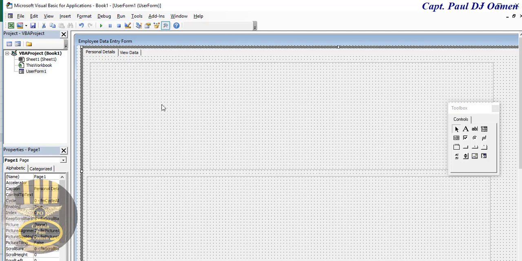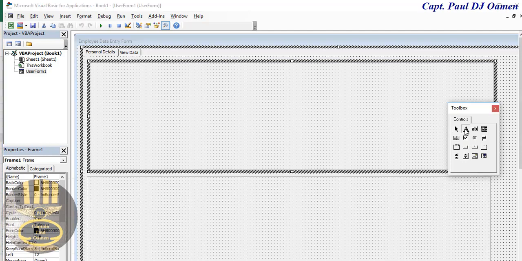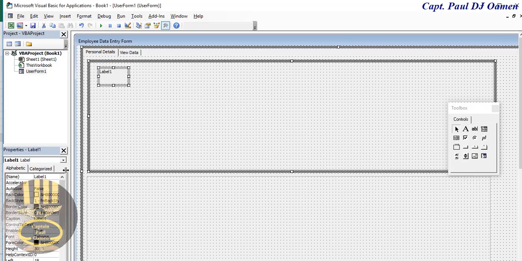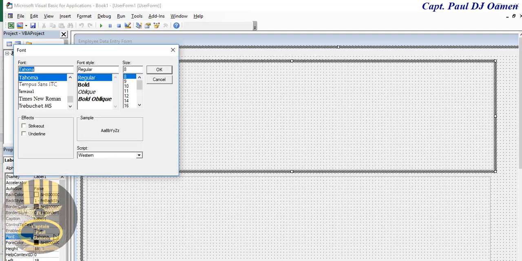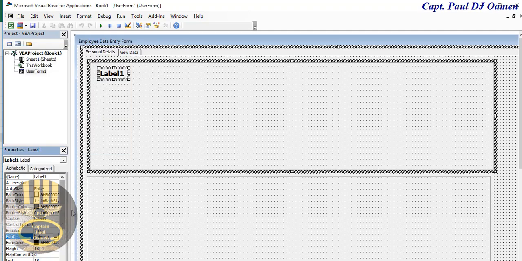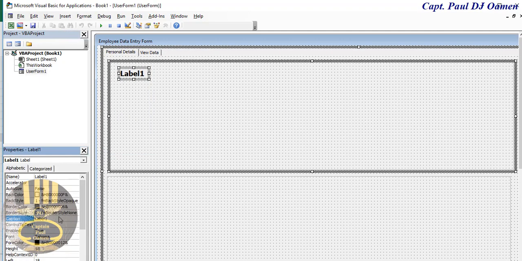There we go. And here, let's add a label. This very label, I'm going to make the size approximately 14. Click on tools here, the font, and let's come right down here, select that, make that bold, 14. And I will change the text content on it, or the caption as it's called here, to employee